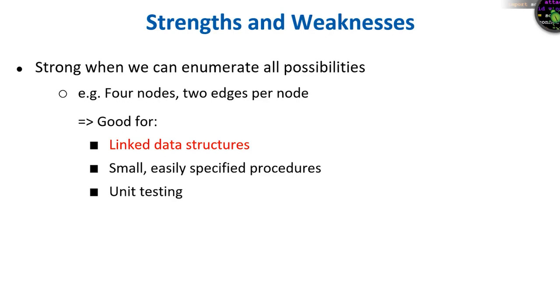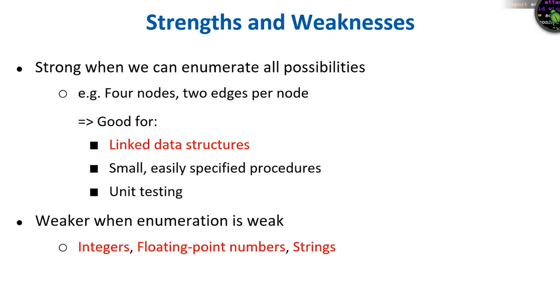For this reason, Korat is a strong candidate for unit testing components of larger systems. Korat is weaker when it is harder to enumerate the set of all possible test cases. For example, the set of all integers, at least those representable in a 4-byte format on a computer, the set of all single or double precision floating point numbers, or the set of all n-character strings with ASCII or Unicode